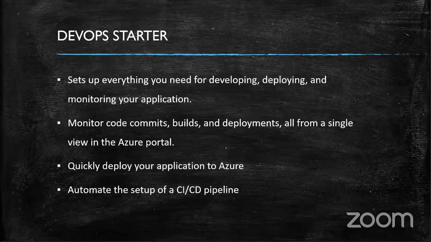Azure DevOps Starter is completely different from Azure DevOps. It is a service oriented toward supporting Azure DevOps. You can monitor your code commits, build and deployment from a single view in the Azure portal. You don't need to go to your Azure DevOps portal to check your deployment activities, your build and release. You can see it from your Azure portal itself, and monitor its health and how many requests, and all those activities that accompany your deployment. So you don't need a lot of time to deploy your application to Azure. As we already know, DevOps itself automates the build, so the CI/CD pipeline will be automated in DevOps Starter also. So this is about DevOps Starter.